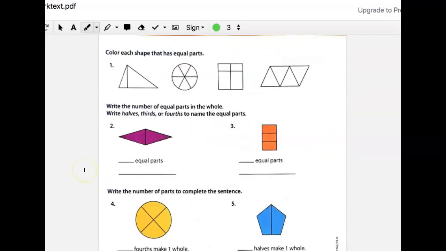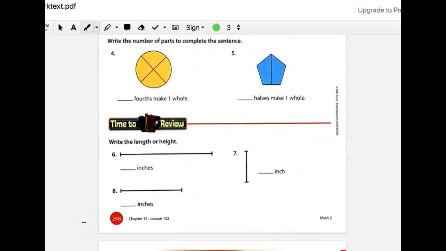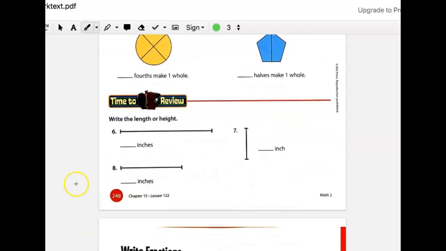The back page is very similar to the front page. I want you to complete numbers 1 through 5 on your own. For numbers 6, 7, and 8, you're going to write the length or the height. And you need to use a ruler for this. You need to use an inch ruler. If you don't have an inch ruler, you can try estimating this length or the height by using your thumb. And we will go over the